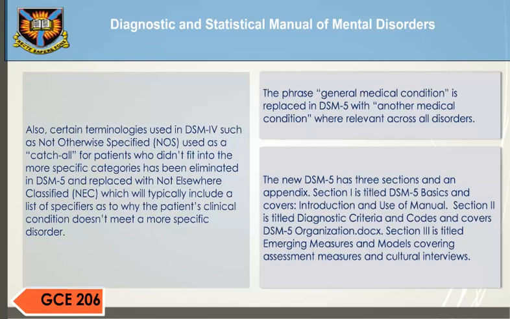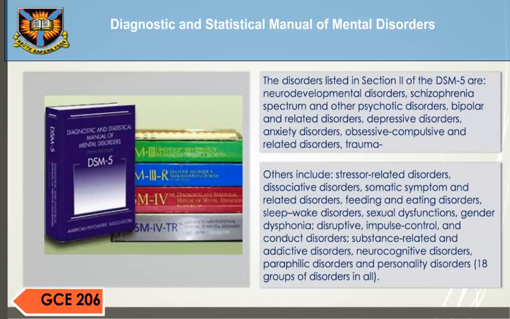The new DSM-5 has 3 sections and an appendix. Section 1 is titled DSM-5 Basics and covers introduction and use of the manual. Section 2 is titled Diagnostic Criteria and Codes and covers DSM-5 organization. Section 3 is titled Emerging Measures and Models, covering assessment measures and cultural interviews. The disorders listed in Section 2 of the DSM are neurodevelopmental disorders,